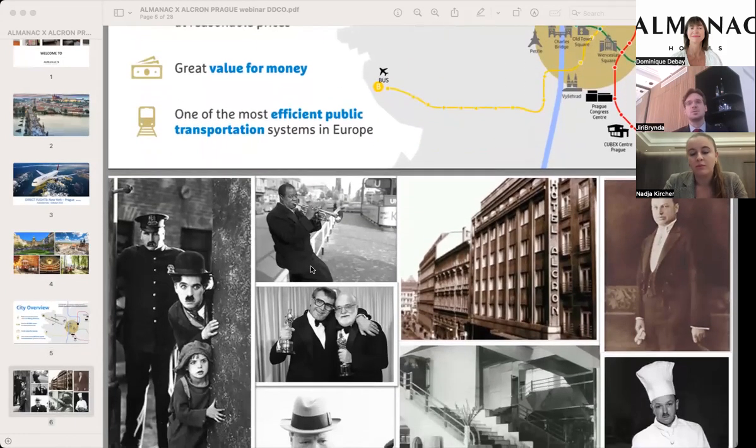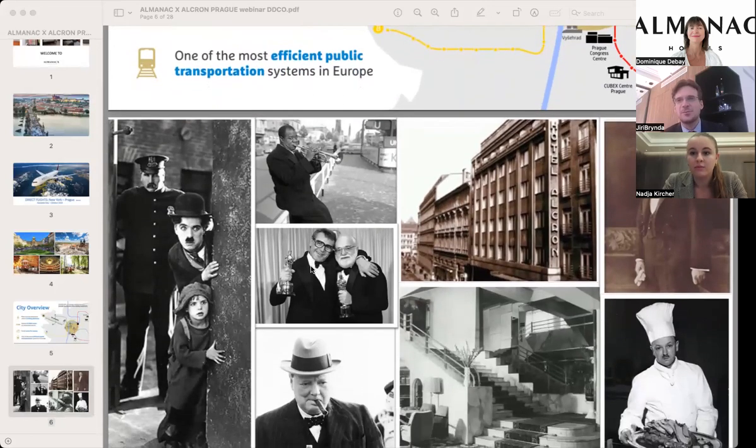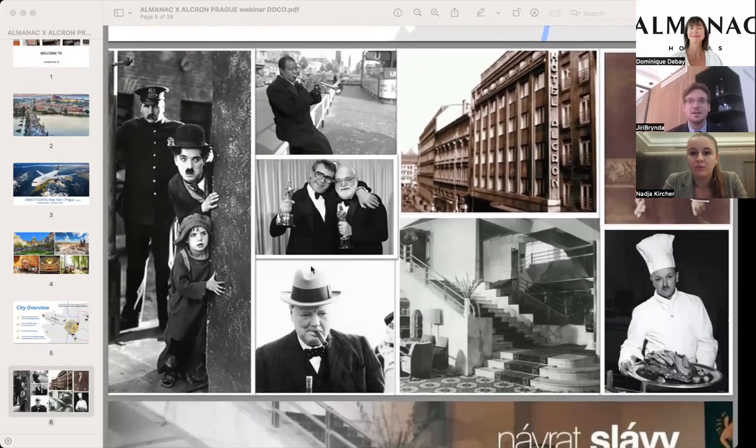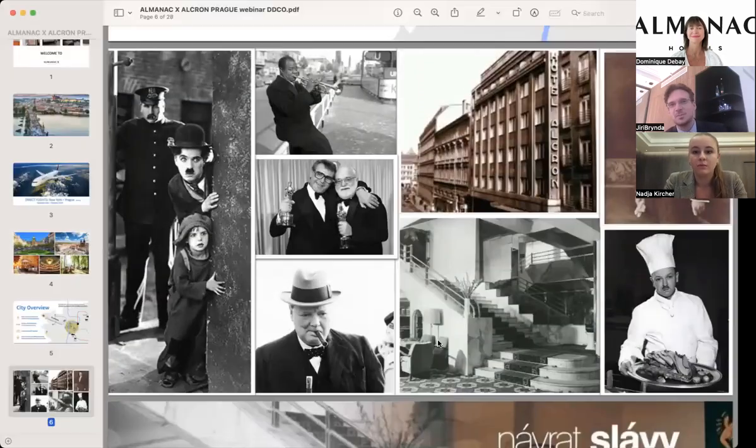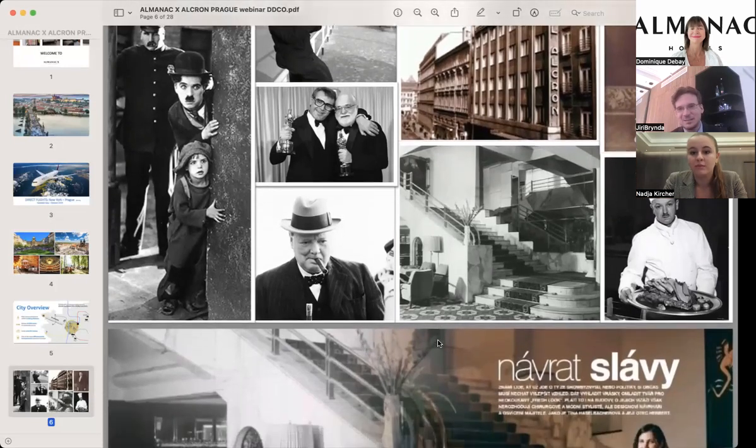That means it was already a hotel, and it was one of the first luxury hotels here in Prague. It was opened in 1932, and you can already see some of our famous guests. It was Charlie Chaplin, Louis Armstrong, Winston Churchill, and many others. But on the other side, on the other slide,